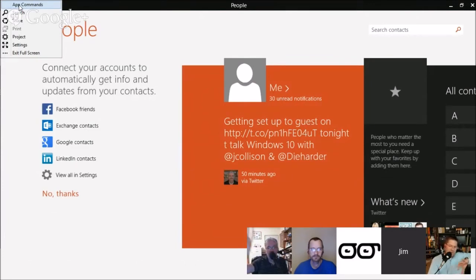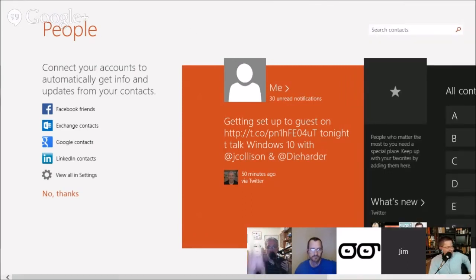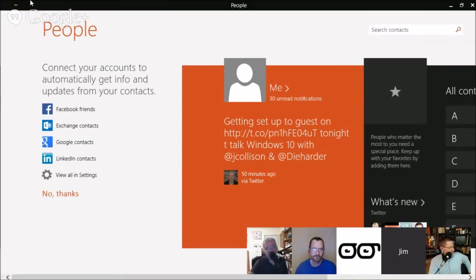It's like the charms have all been moved into this menu, right? Exactly. And right now, clicking on one of them, say click on Share, for instance, it will open up the Share charm on the right side. Sorry, I clicked on the wrong one. Or the search charm. Yeah. In the future, that's going to be different because they say that's going away. So it'll be interesting to see how they go.